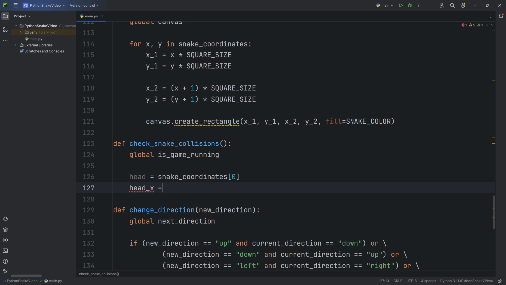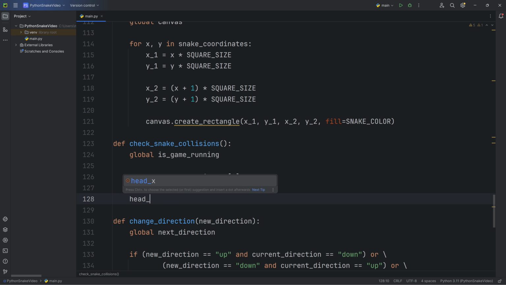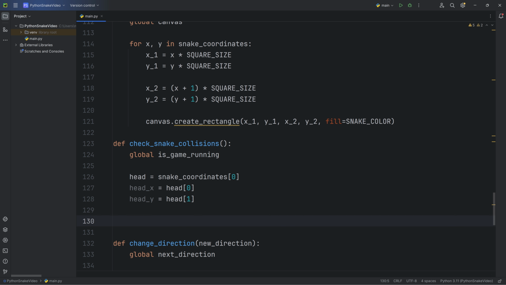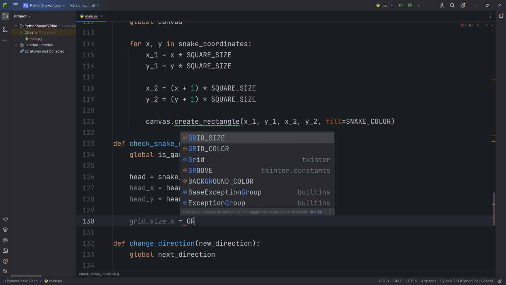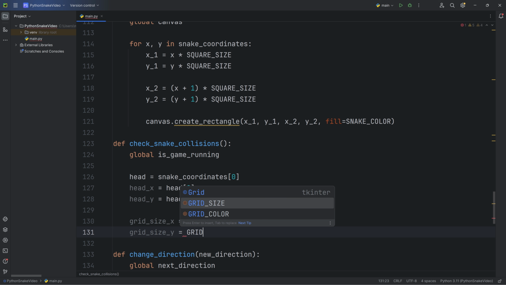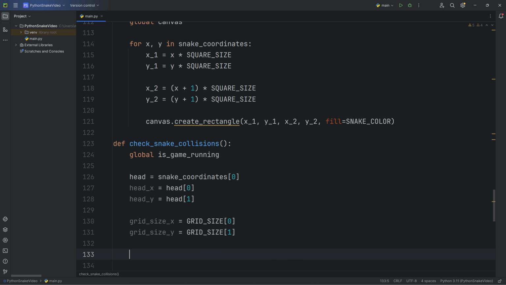Head of x equals head of 0, head of y equals head of 1. Do the same for the grid size. Grid size of x equals grid size of 0, grid size of y equals grid size of 1.